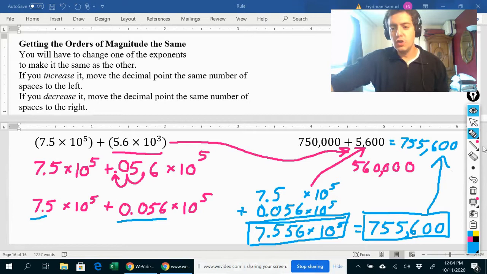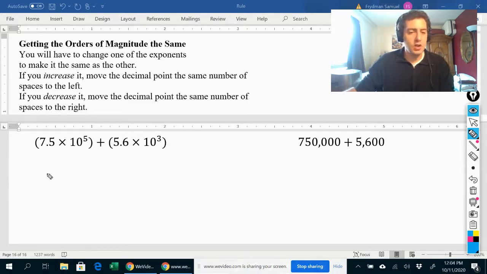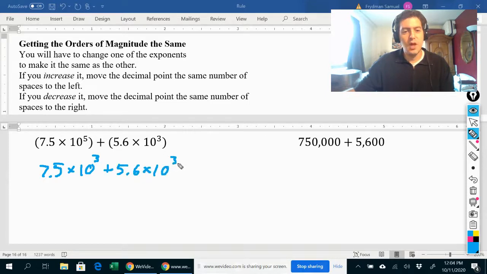Okay? Now, you might be wondering, instead of changing this 3 to a 5, could we change the 5 to a 3? Yes, we could. So let me write 7.5 times 10 to the 3rd plus 5.6 times 10 to the 3rd. By the way, I wrote these parentheses here just to make the numbers a little bit easier to read. So I have this number plus this number. I don't actually have to write them